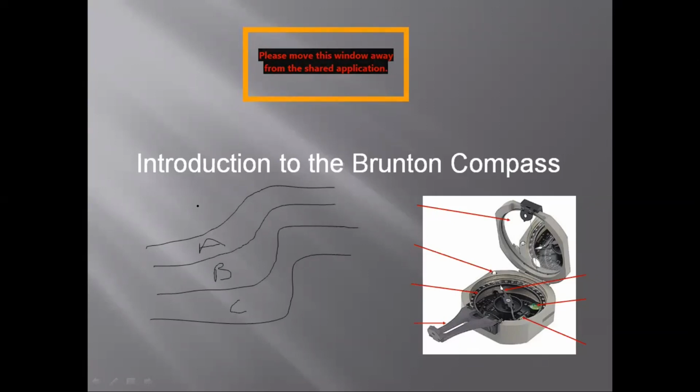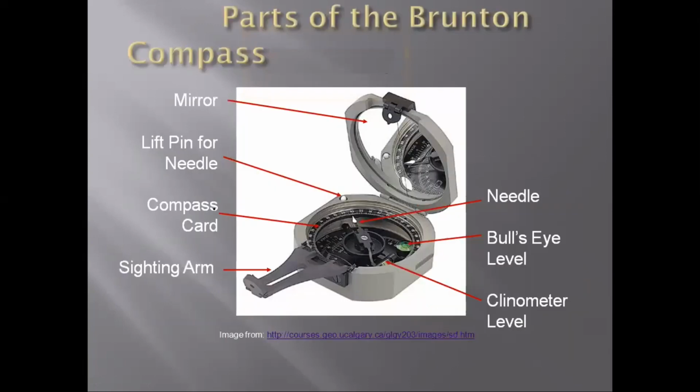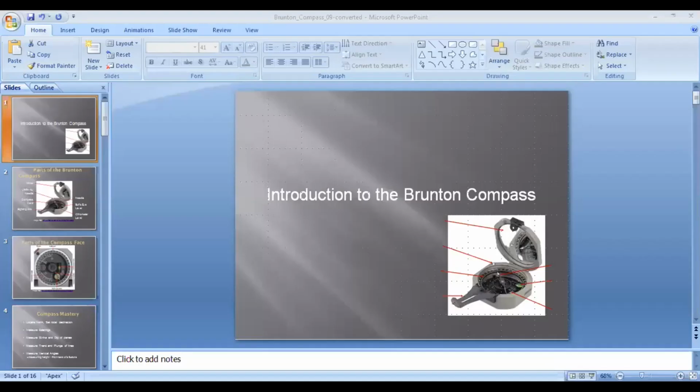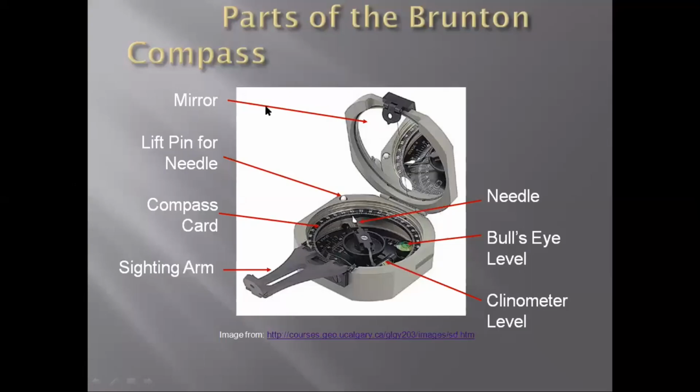Okay, we will try to see some of these examples, and we'll try to see if we can do an exercise later this week. You guys can practically see the application of it. As different instruments, the Brunton compass also has very important components. You can see here an open Brunton with different parts.